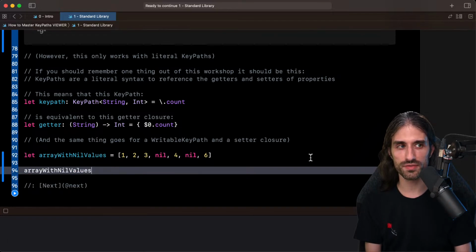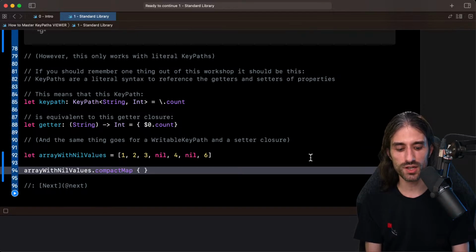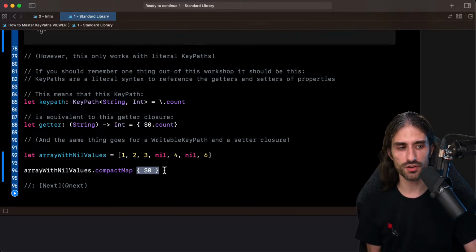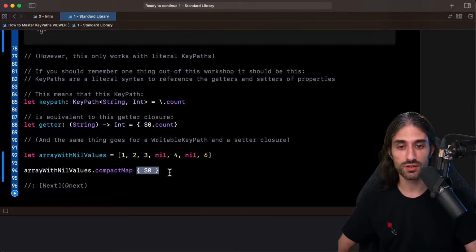You do array with nil values, compact map, and since you don't really want to implement a transform, you just want to return the values and remove the ones that are nil, you do this $0. This closure that just returns its argument. It's something that we use quite a lot in Swift because it's a nice shortcut. And the \self key path is equivalent to this closure.